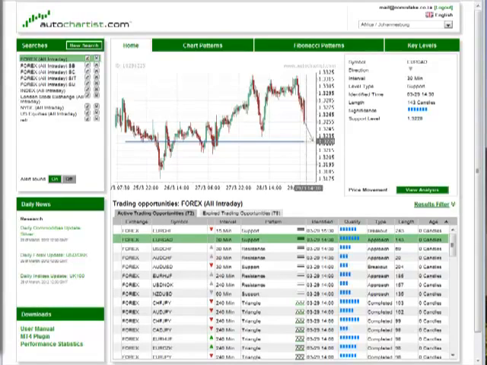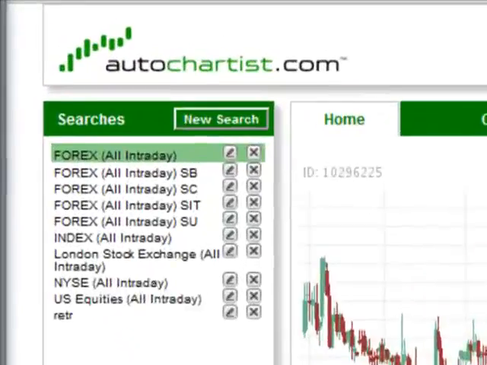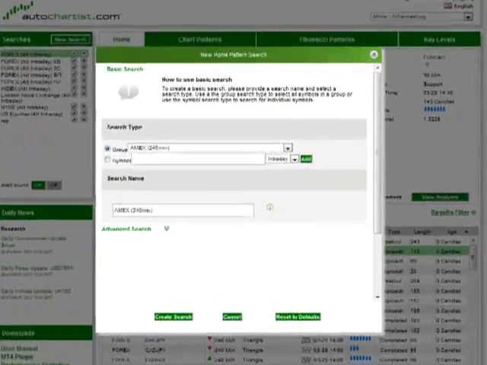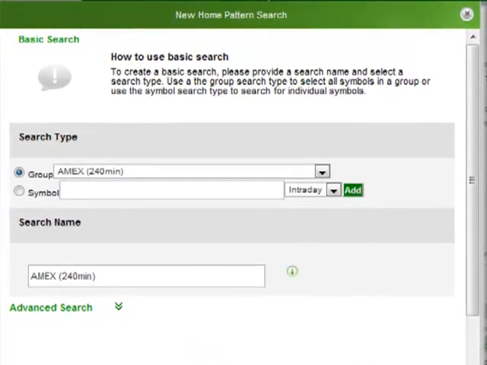To create a new search when you're logged into AutoChartist, click on the New Search button. The first step is to choose a group of symbols or instruments that you want to apply the search on. When choosing the instruments you want to scan for trade opportunities, you may be in one of two positions. Either you're not currently holding any open positions and you are looking for opportunities where you can make trades and